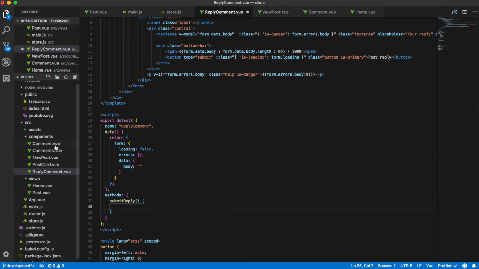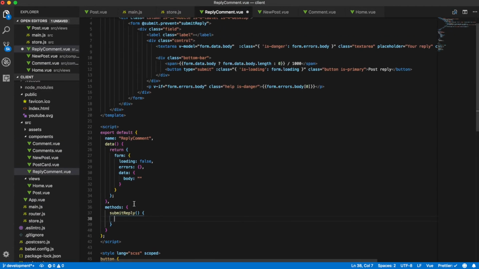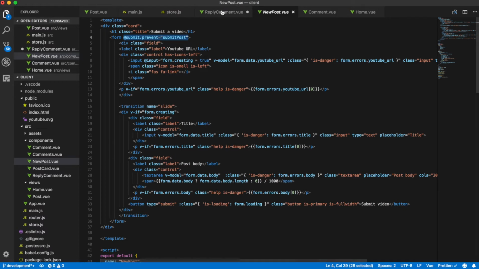So we need to pass that in comment. So we'll say parent comment parent equals comment.id. So that's going to be the parent comment ID. So if we just add that to our props,